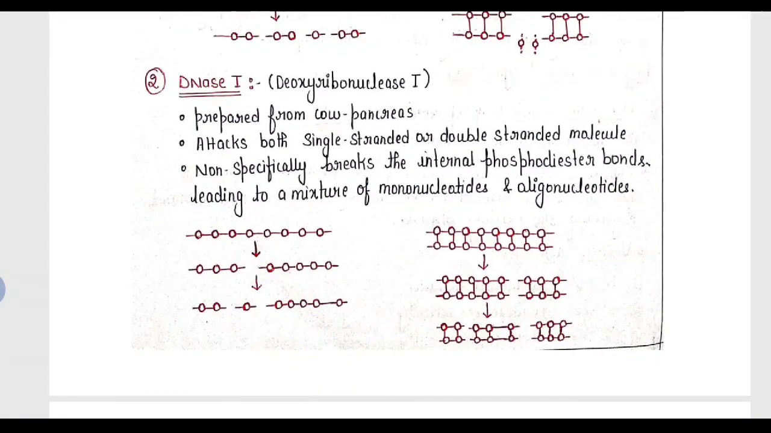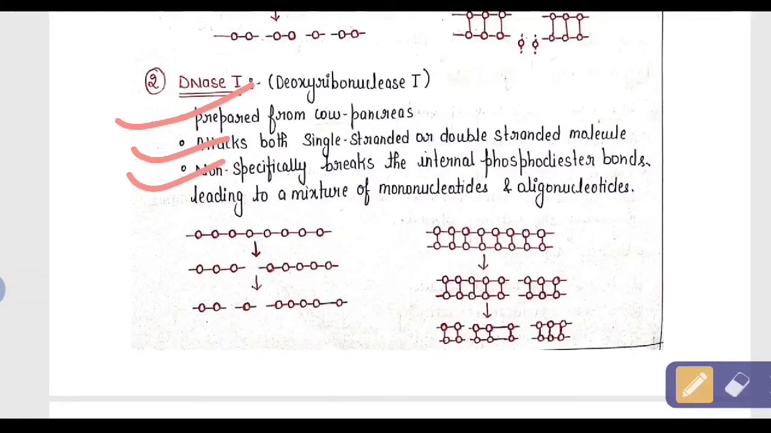Then another example we have is DNase 1. So what is DNase 1? It is deoxyribonuclease 1, and it can be prepared from cow pancreas, and it is going to attack both single-stranded or double-stranded molecules. It means it can attack both the single-stranded and double-stranded DNA molecule, and it is non-specific